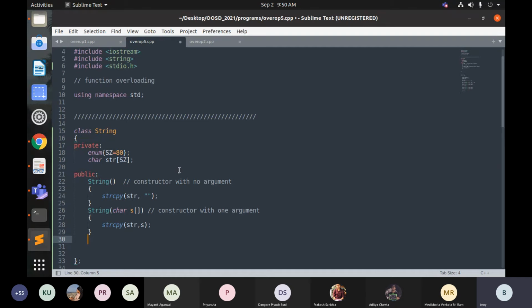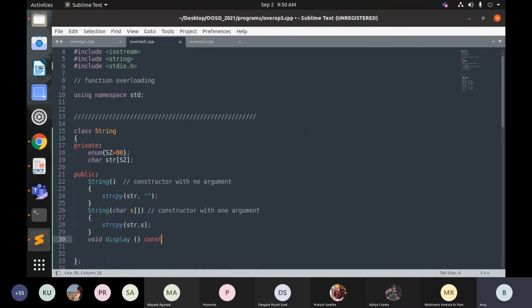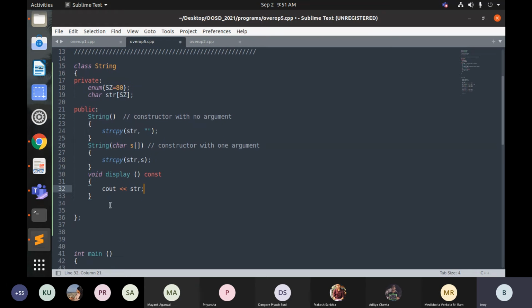And yeah, so we need a printing function, which is void display. Now our overloaded